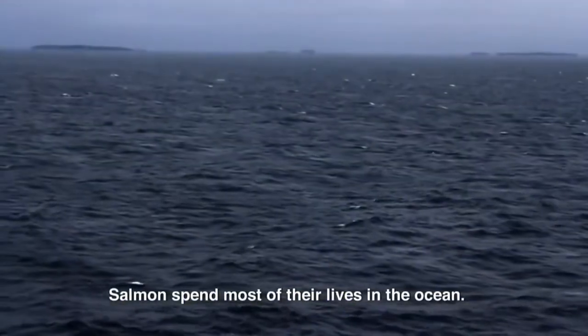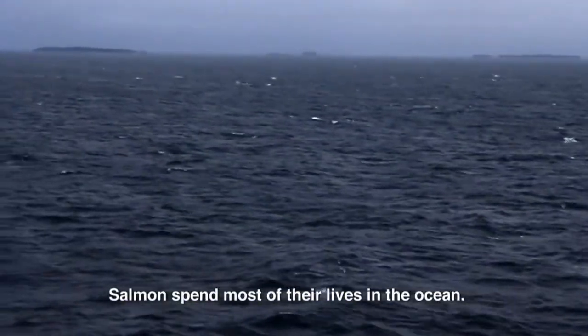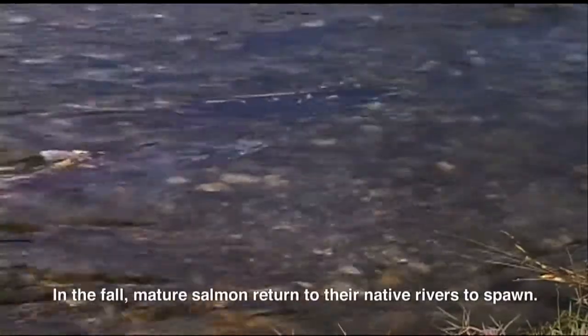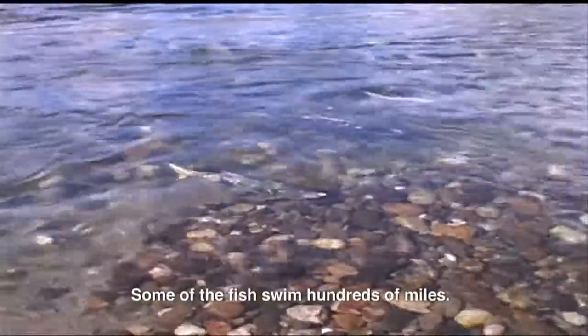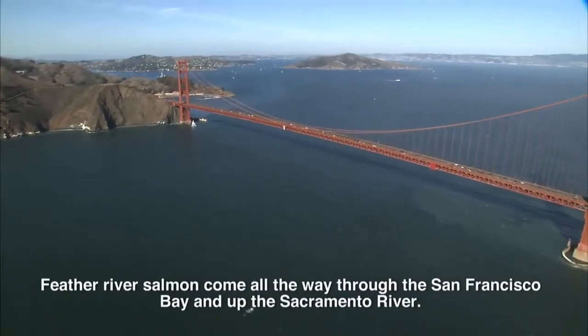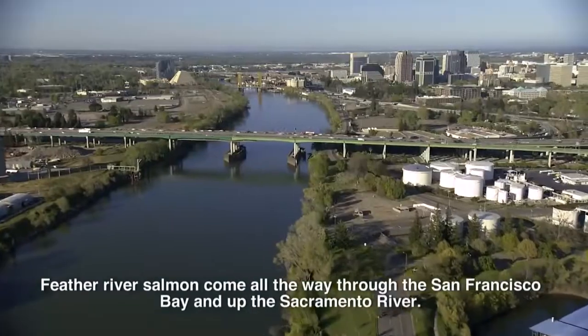Swimming fish. Salmon spend most of their lives in the ocean. A salmon swims upstream. In the fall, mature salmon return to their native rivers to spawn. Some of the fish swim hundreds of miles. The Golden Gate Bridge. Feather River salmon come all the way through the San Francisco Bay and up the Sacramento